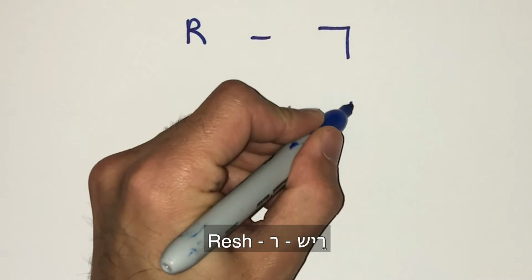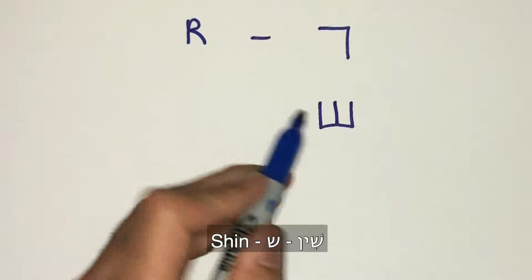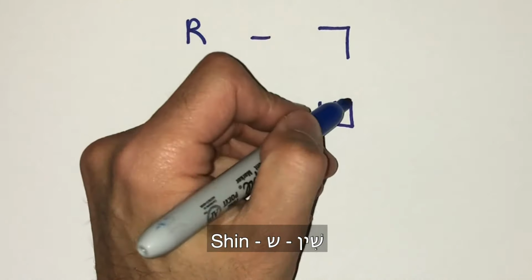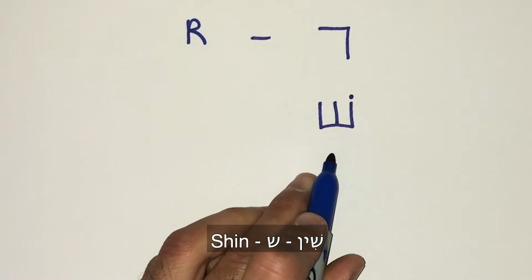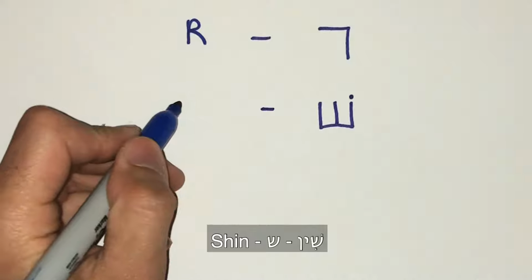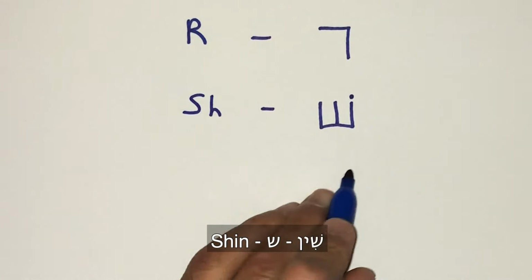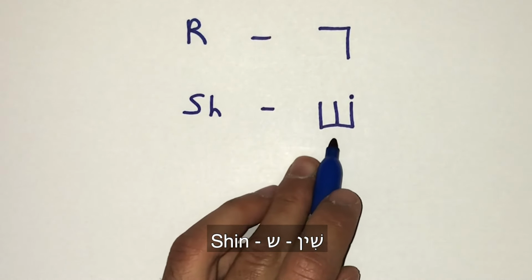The next letter is shin. Sh. Shin. It's pronounced sh, just like sh. Sh. Shin. This is also a special letter,